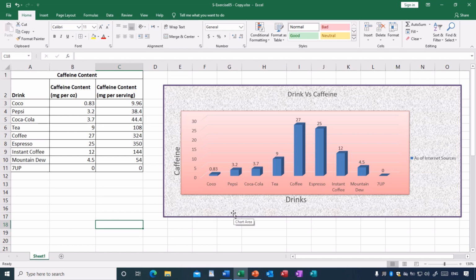Now in the chart we have different parts. For example, we have here the chart title. You will know how to change the chart title, how to hide it, and how to show it if you want. Also, a very important part when you want to draw a chart,